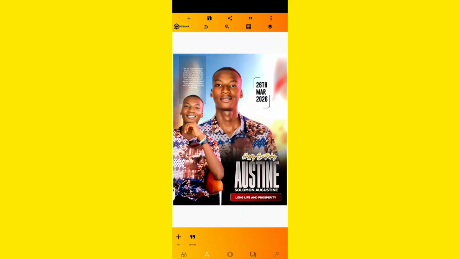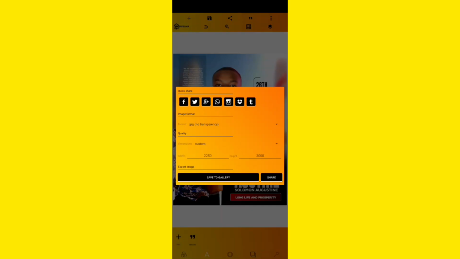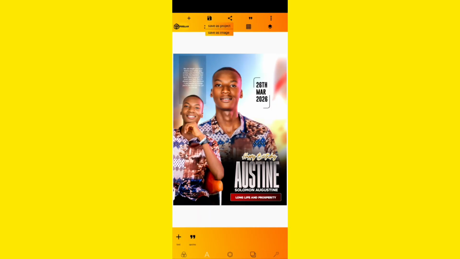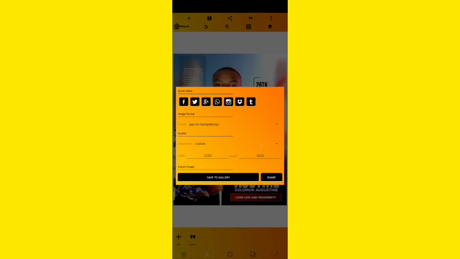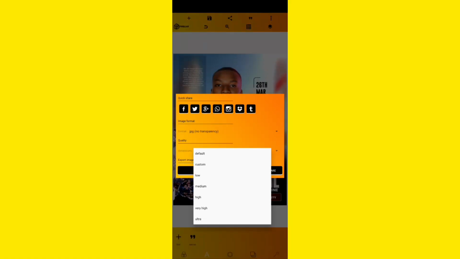So when everything is done, I think this is all we have to learn. The rest I'll be teaching you how to make this thing. To save your project, you can give your project a name, and you can give your image. Save your image. You click on this icon here, save as image. Then remember to save it as ultra. Click on this quality, default custom look. So remember to click on ultra and save to your gallery. Thank you for